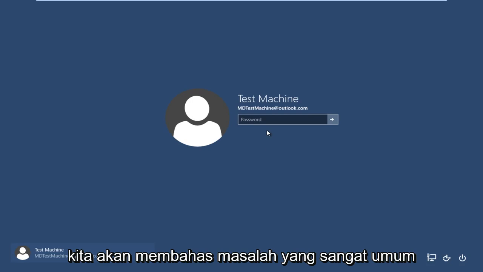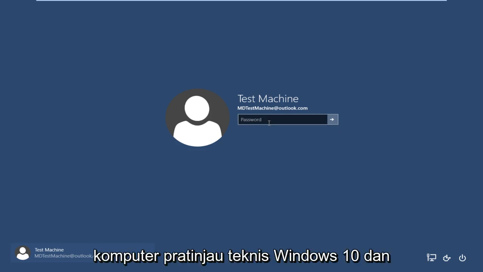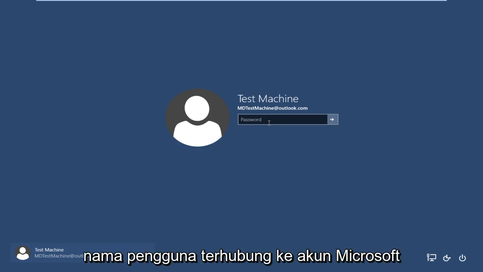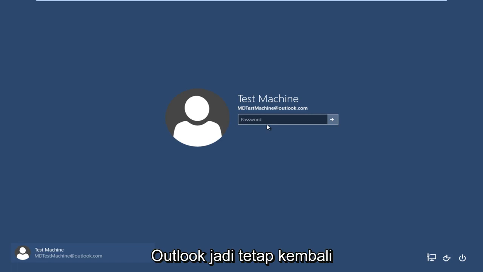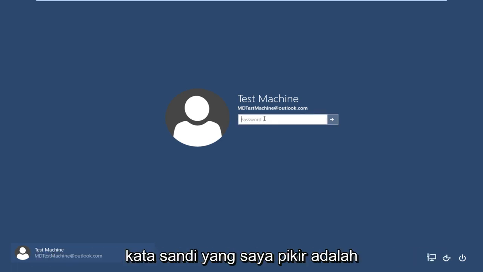Today we are going to be going over a very common problem that a lot of people have and that I'm currently facing at this moment, and that is I forgot my Windows password. This tutorial is performed on a Windows 10 Technical Preview computer, and the username is connected to a Microsoft Outlook account. So anyway, getting back to our issue here, if we try and type in the password that I thought was our password,